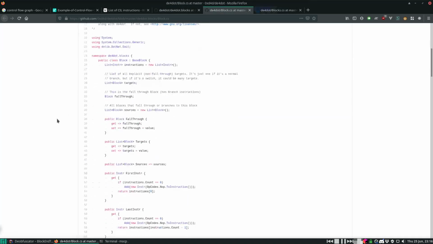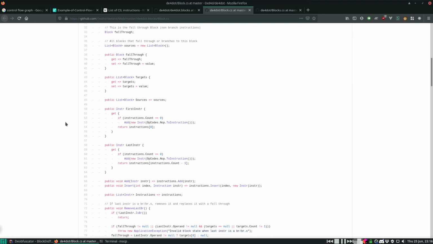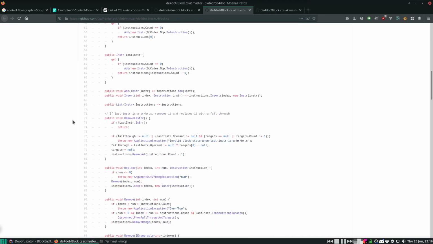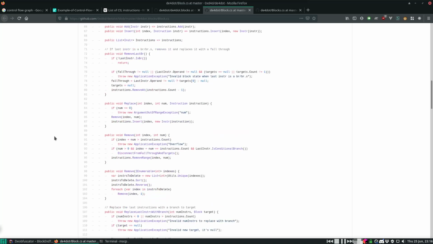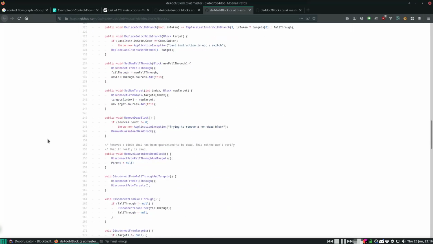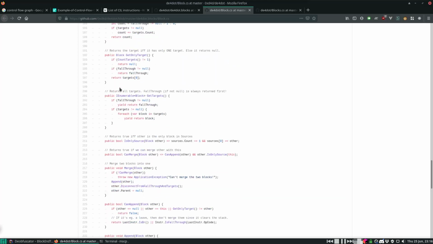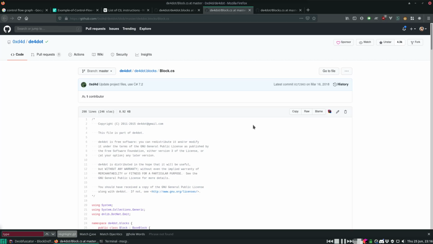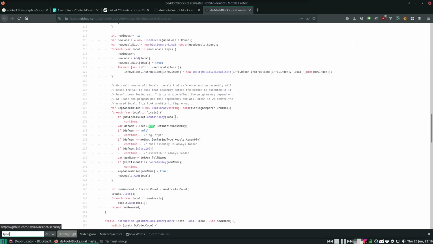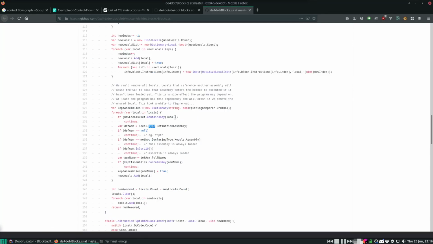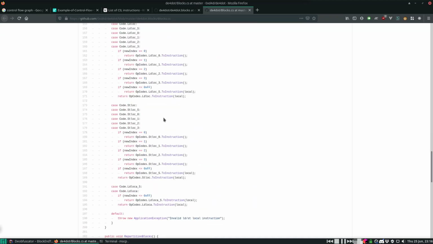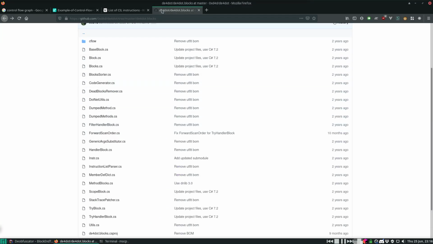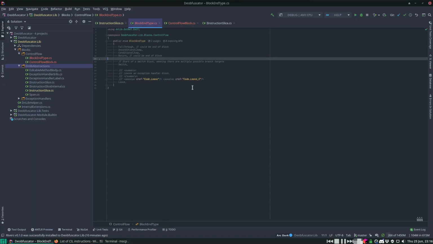Let me just real quick check this as well. Yeah, there seems to be a lot of specific optimizations on the block. Yeah, I'm just gonna leave this then. Alright, so